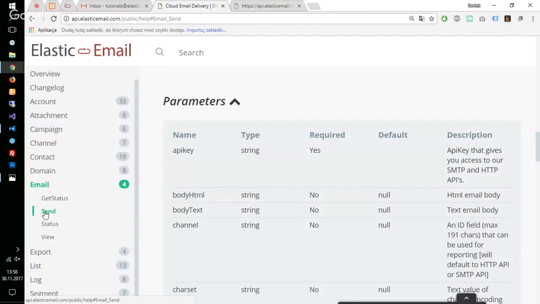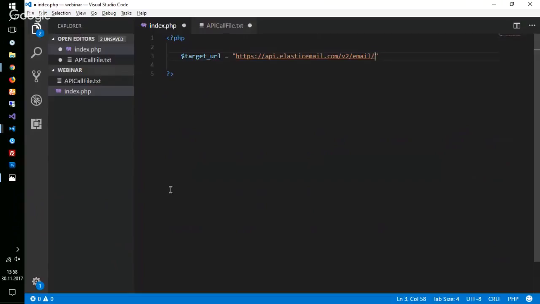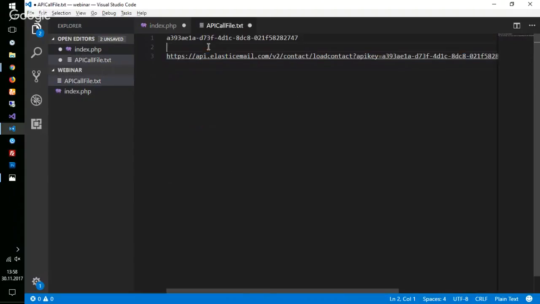This is going to be a send. So just write it down, send. And that's the whole target URL. When you want to use other methods from our documentation, just switch those two with anything you want, and it will work like every time. Then we are going to store our API key in a variable just because it's faster that way for